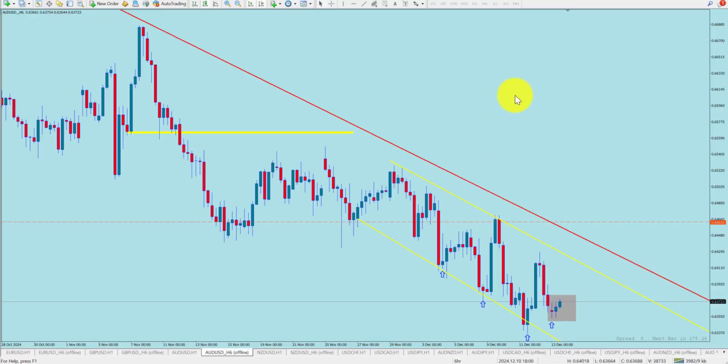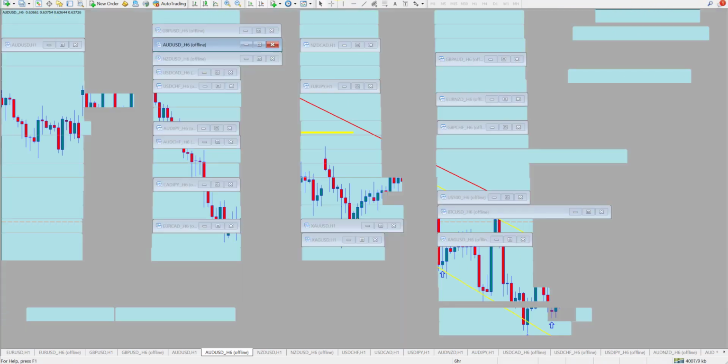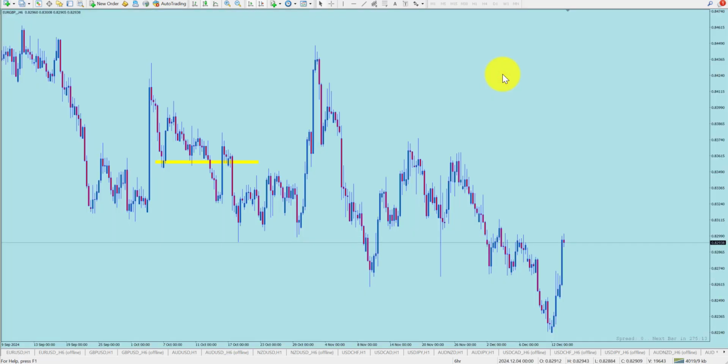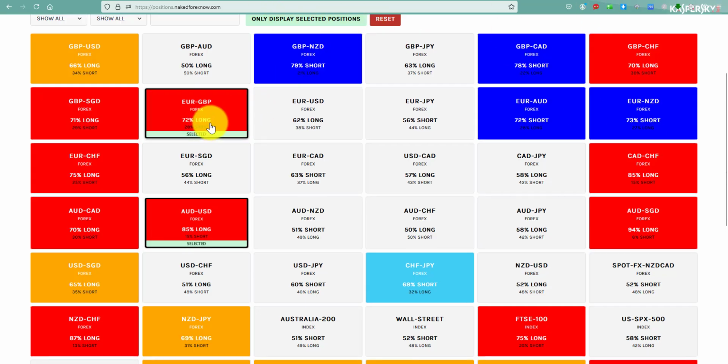So how do I use it? I'll show you. Let's go to Euro Pound actually, because Euro Pound has some bearish numbers too, I believe. Oh, this is great. This will be a great example. Okay, so I looked at my Euro Pound numbers, and I see that they're bearish. 72% of the market's long, so I want to be in the 28% that are short.